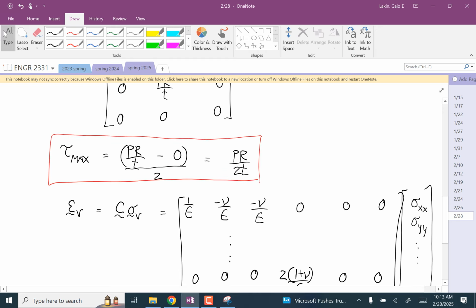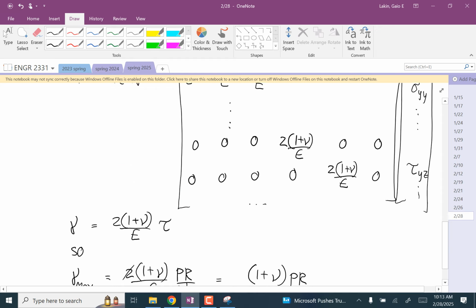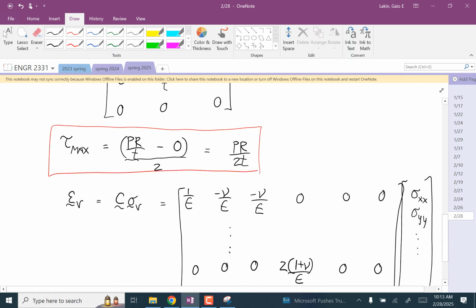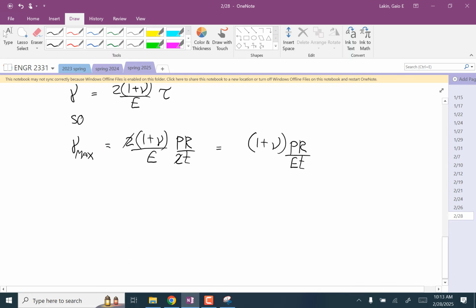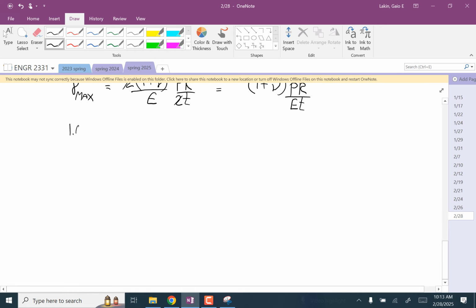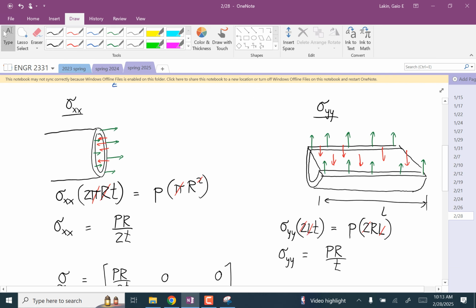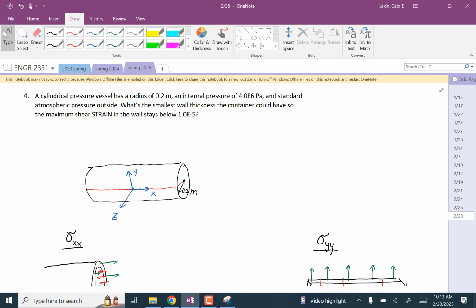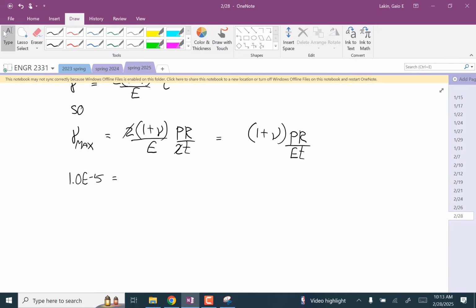Okay? And then it's just a matter of going from the max shear stress to the max shear strain. But now you can plug this in as 1 times 10 to the minus 5 is equal to... it doesn't give a material. So let's just always use 200. Yeah, you can use, yeah, that's fine. Or you can leave it in as parameters. But, so yeah, so we got 1.3 over 200 E9 if it's steel